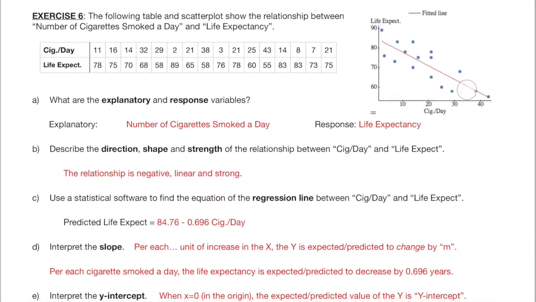For 29 cigarettes a day, the point in the regression line is the prediction, and the point in the cloud is the observation. This difference or distance is the residual. It's important to speak of these residuals because minimizing their squares is the criteria with which we select the optimal line, the regression line.